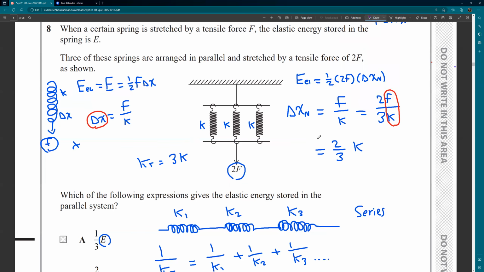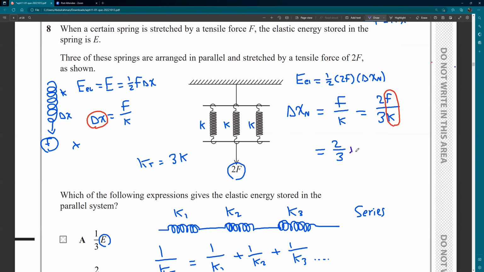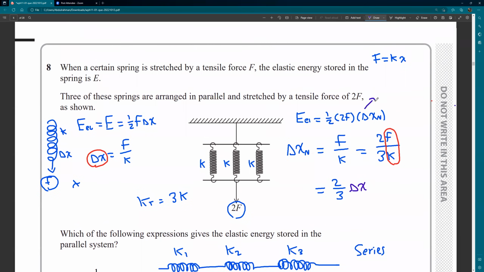Okay, so this is your, sorry, I'm very, very sorry. That should say 2/3 multiplied by extension, because the extension is equal to the force over the spring constant. So now that we have the extension, we could go back to this equation and say that the elastic strain energy, I'm running out of space, is equal to half multiplied by 2F multiplied by